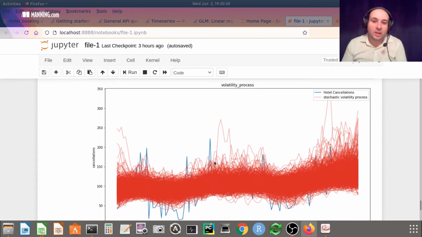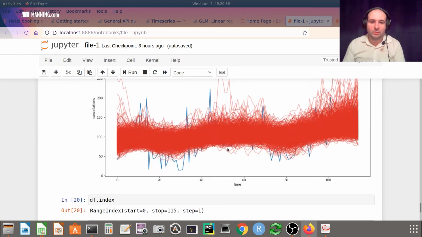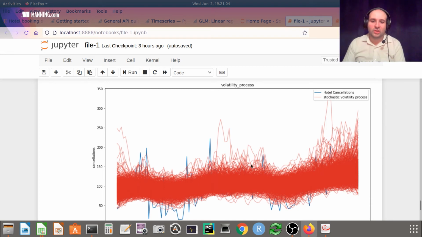And you can see that even though the highest in our data set was 222, there's one particular point where it's as high as 350 and a couple where it's as high as 250 as well. The cancellations generally don't go below, say, the 50 level. It looks like the actual cancellation time series shows lower numbers of cancellations than the vast majority of the generated paths. So we can see that when we look at stochastic volatility, the cancellations are actually skewed to the